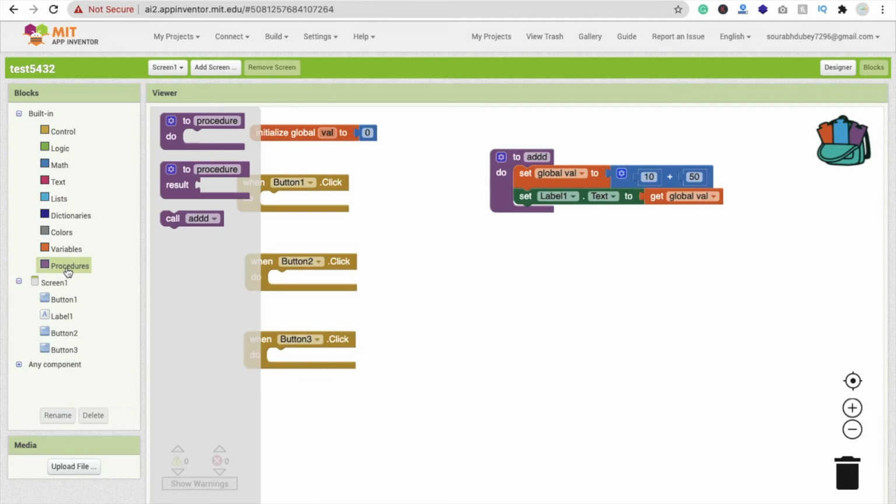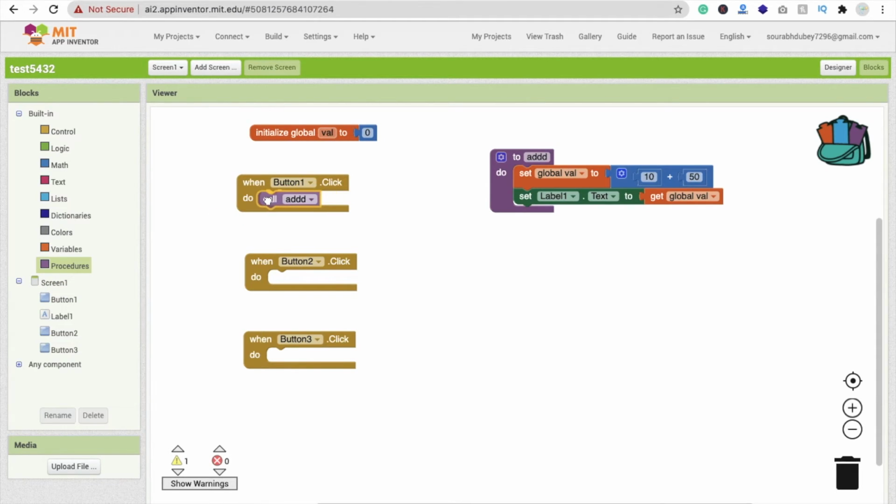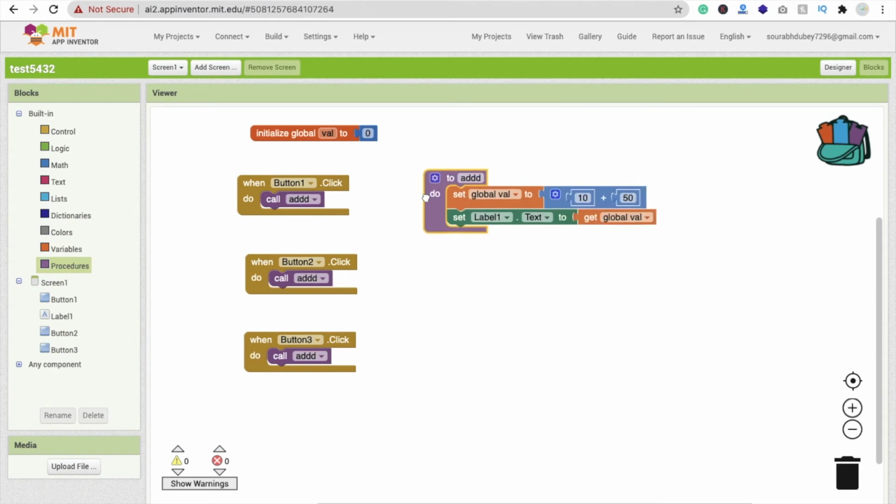What I need to do is click on procedure, and you will see call add. Just copy and paste this 3 times, and whenever I click on button 1, this will call this procedure, and this function will be called. So what you will get is 60, and whenever you click, 60 and 60.